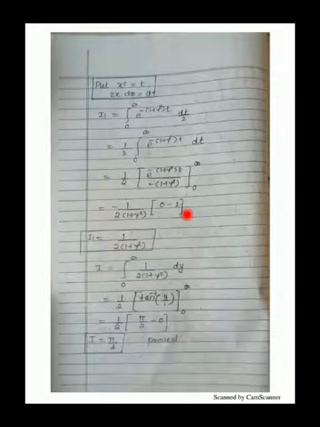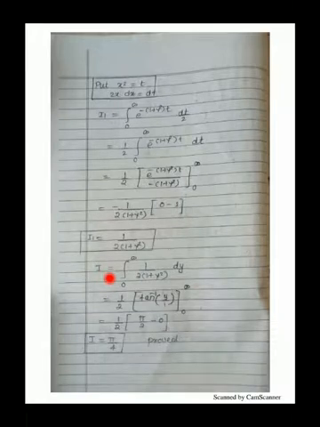So the value of I1 here is 1 upon 2, 1 plus y square. We are solving only the inner integral, so this is the value of I1. Now substitute this value in the given integral. So I is equal to integration 0 to infinity, the value of the inner integral is 1 upon 2, 1 plus y square, keeping dy as it is. Now try to solve this integration.